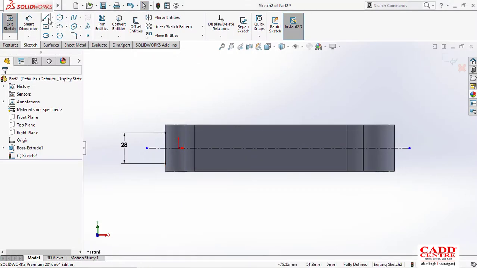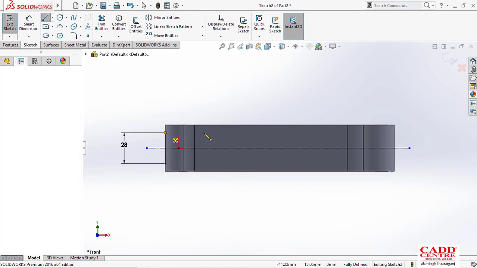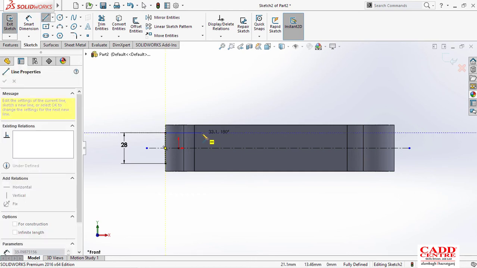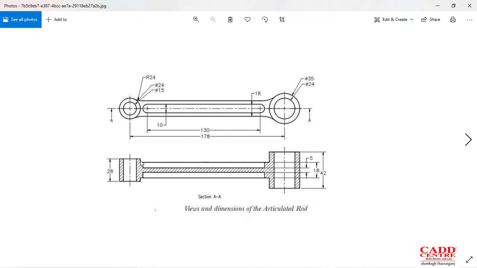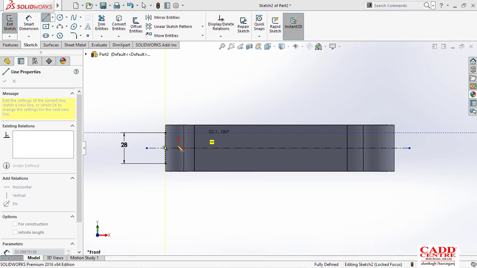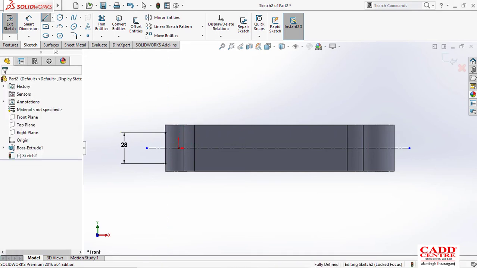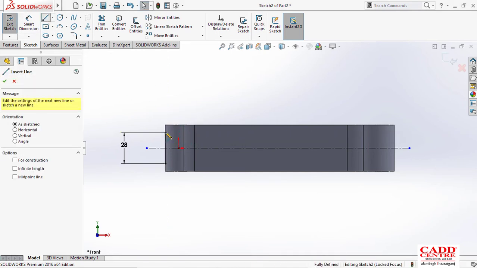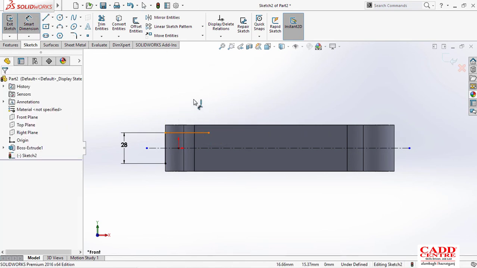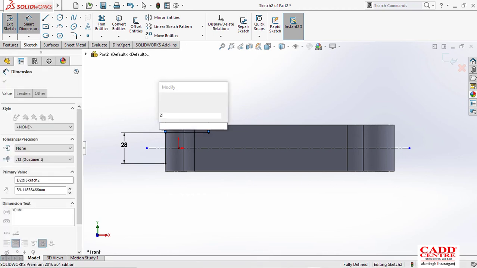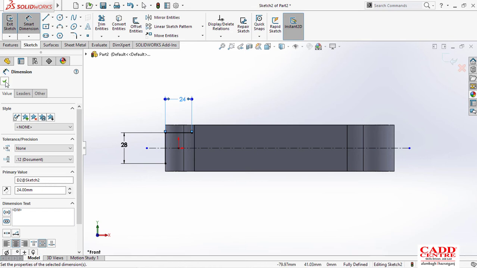So draw a line here like this line, trace it, and we go until the last circle edge. The last circle edge would be 24, so the length of this line would be 24.